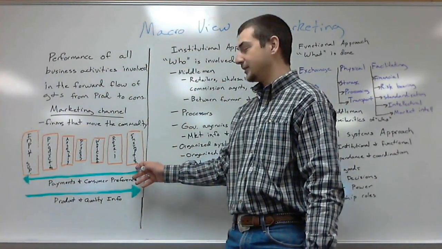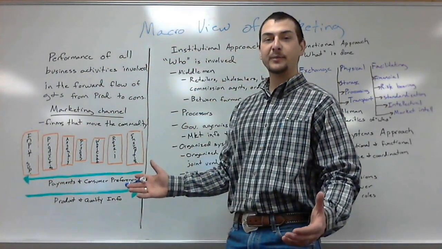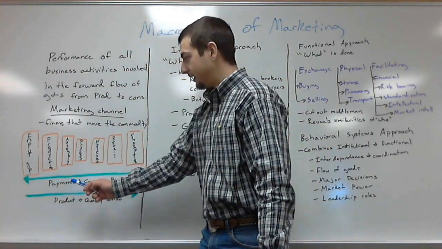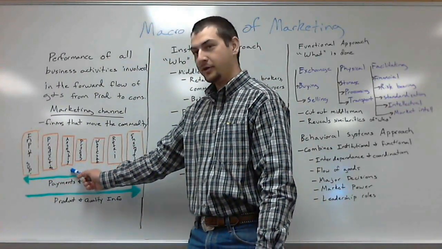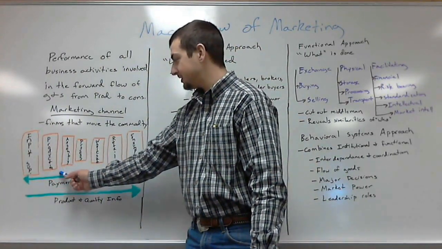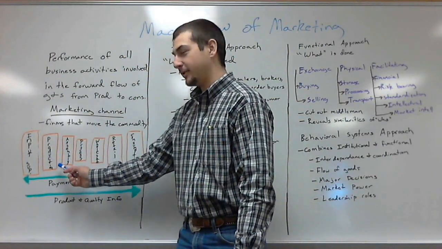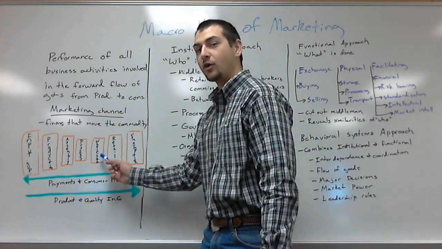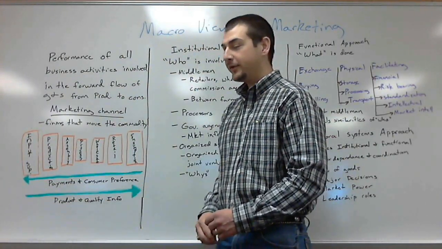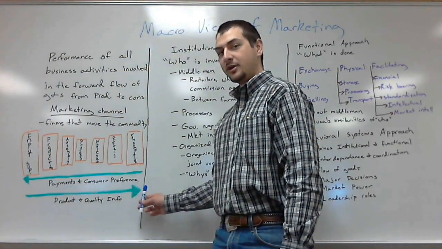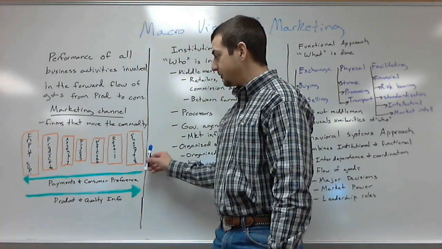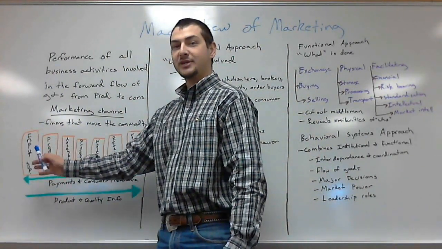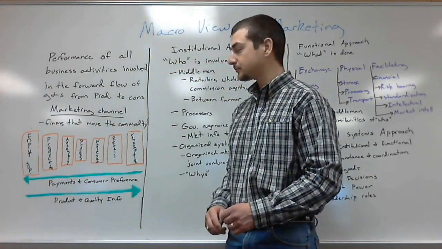So they're trying to push that to the consumers. On the flip side, you have payments going back from right to left. As that farmer sells to the assembler, the farmer gets paid. As the assembler sells to the processor, the processor pays the assembler. As the processor delivers the products to the wholesaler, the wholesaler pays the processor. So as you move from left to right, you have the goods going down the line. But as you move from right to left, you have payments going back to those actually producing the goods.